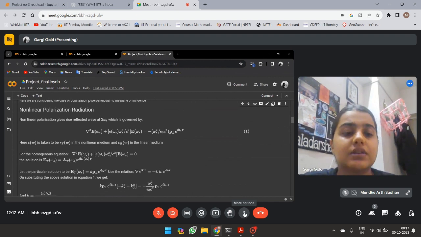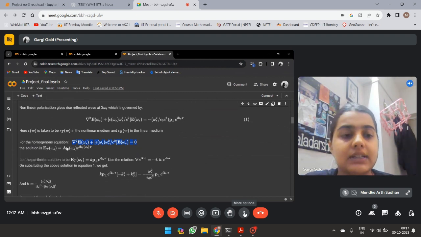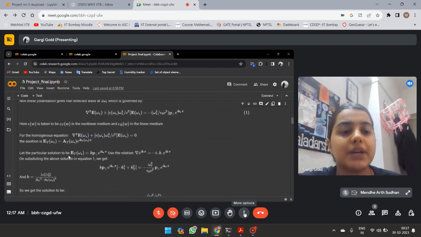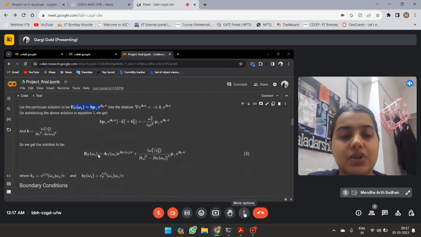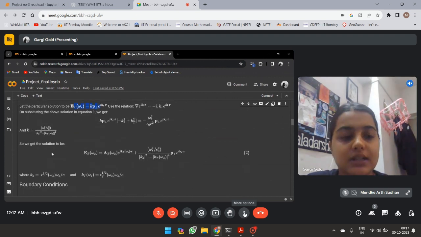So the respective homogeneous equation would be written like this, as we are considering the right hand side to be zero, and this is how we are getting its solution. And then we'll calculate a particular solution, which is further calculated and concluded with this. So now if we take these two solutions and substitute them into the initial equation, we'll get this solution somewhat like this, with the considered v vector of the transmitted and the reflected wave here. And next, yeah,